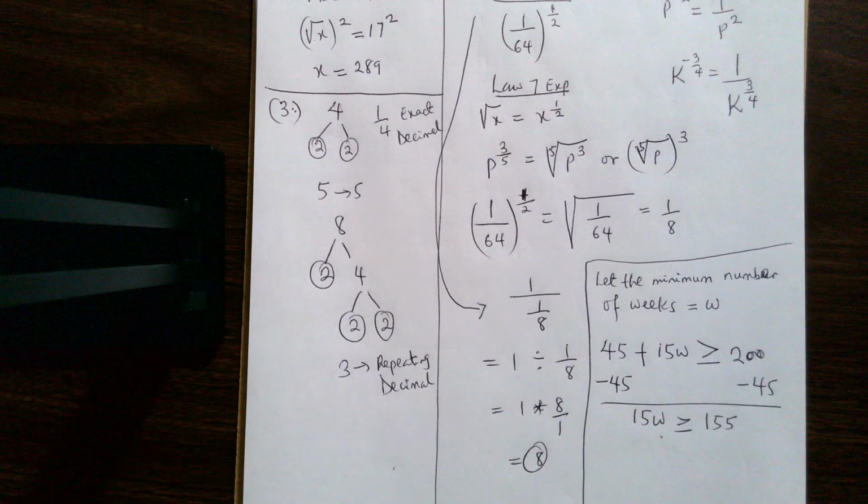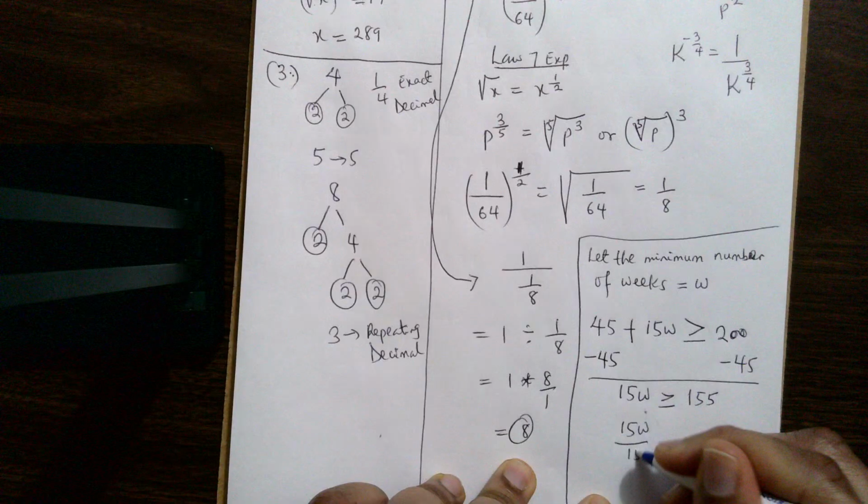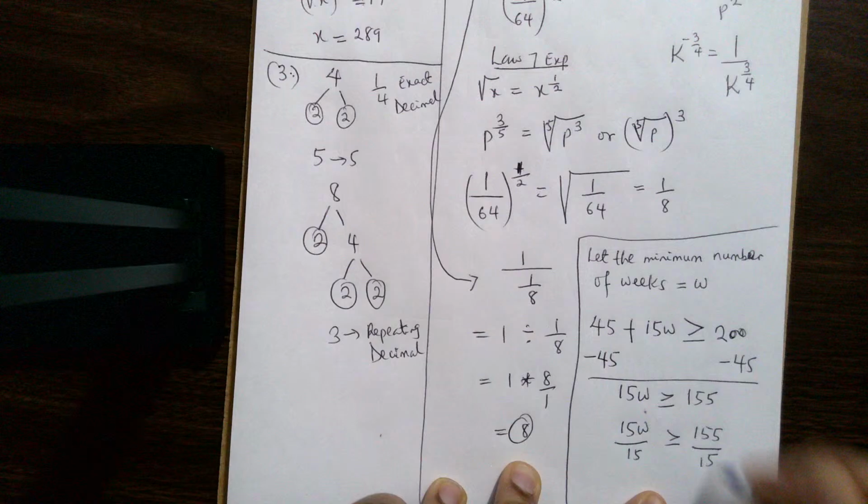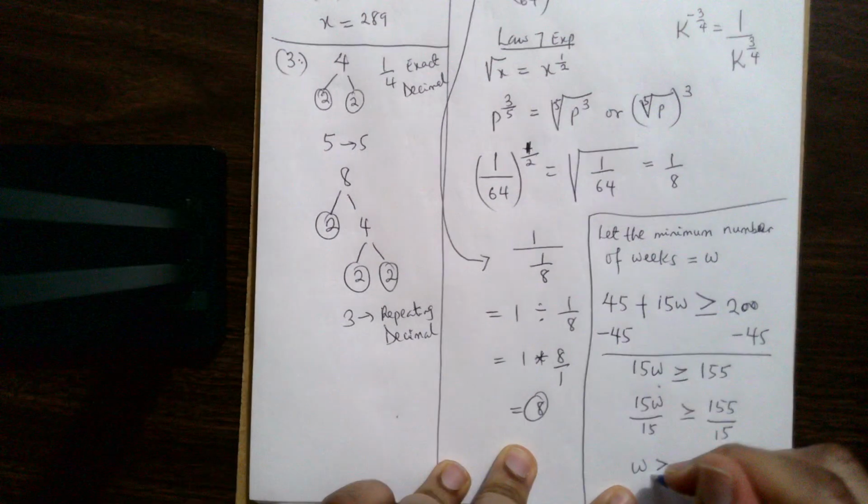Then you can divide both sides by 15. If you're gonna show all the work, you might just want to write it again here. It's up to you. So our W will be